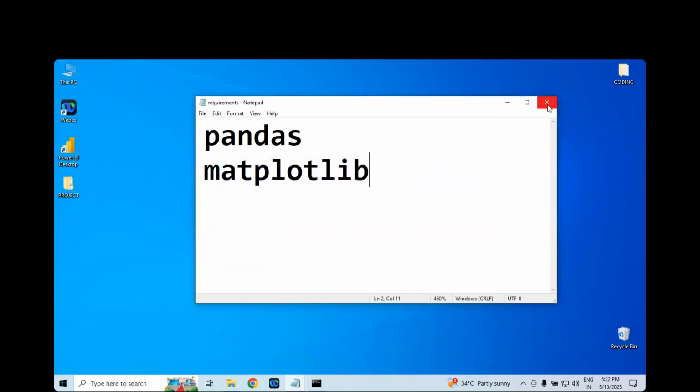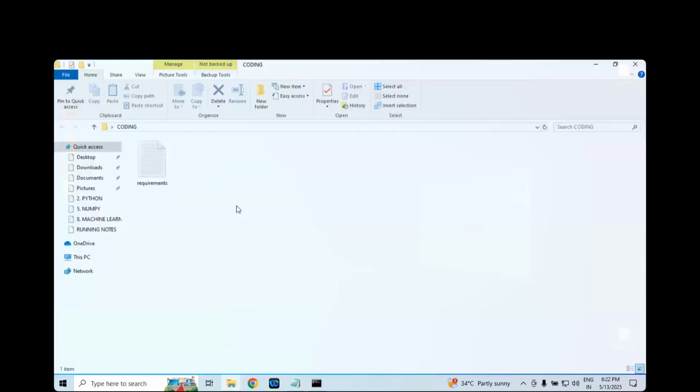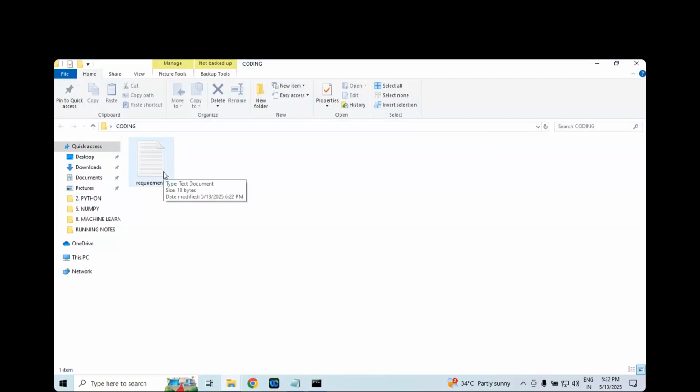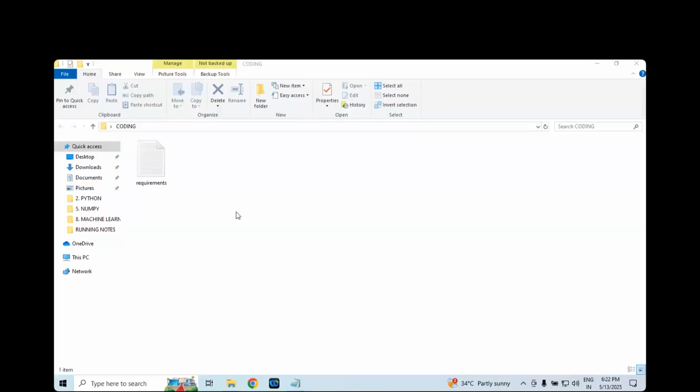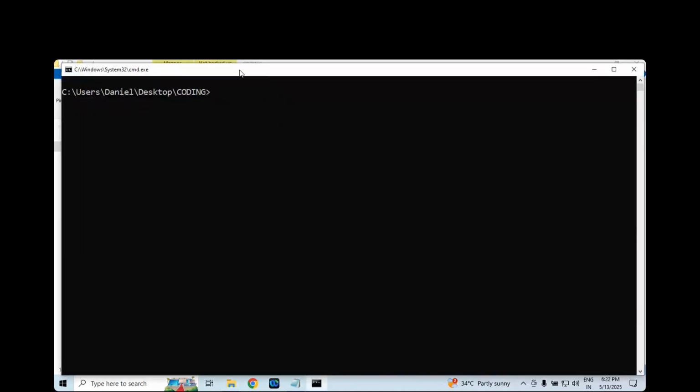Wow. Successfully, Daniel. The requirements file is ready. What is ready? The requirements file is ready. Now you need to run this file to install all these libraries. We need to run what exactly, sir? This file to install all libraries. How to install? Go to the specific location. Okay, you can just come here, sir.